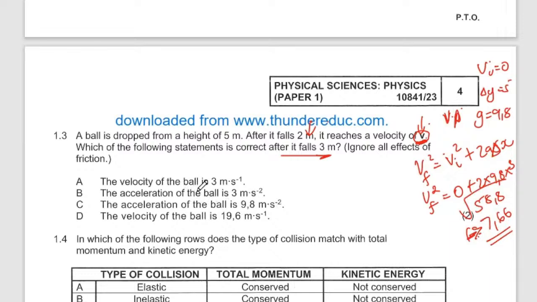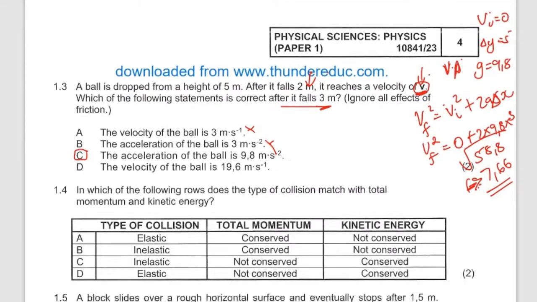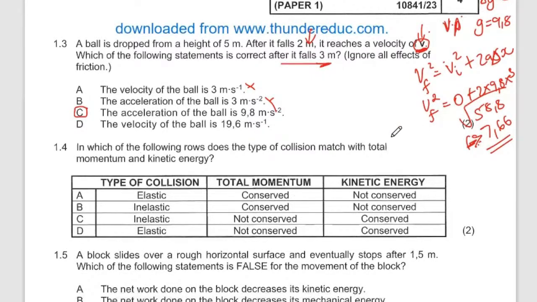Telling us that the velocity is 3, that is out. The acceleration is 3, no, the acceleration must be 9.8, which means option C makes a lot of sense. We don't even need to look at the last one because it is also wrong. Okay, then 1.4. In which of the following rows does the